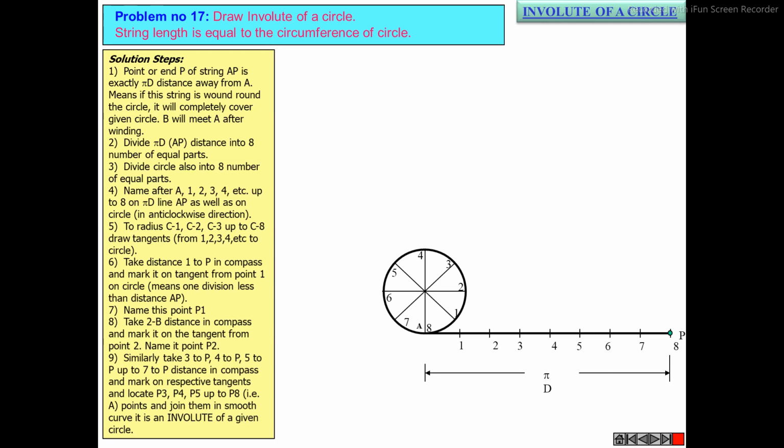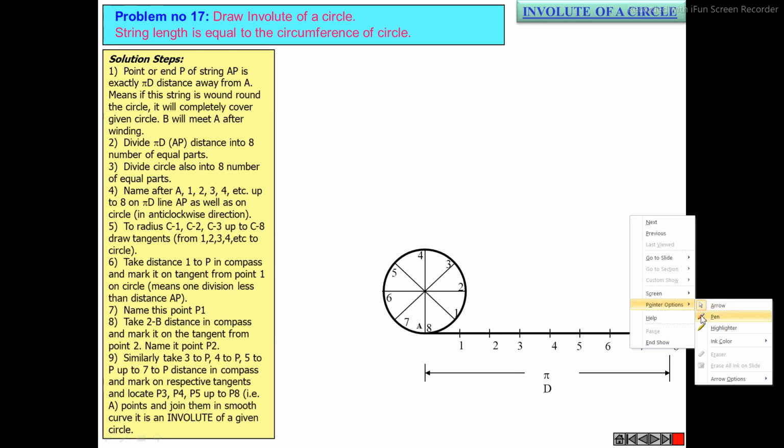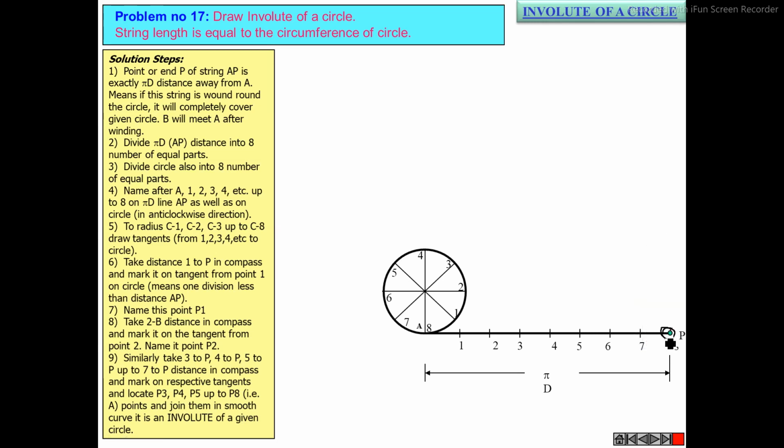Now, what is the definition of involute? You try to wrap and unwrap a certain length of wire from the circle. So far we have got this locus point, and this locus point. We need the remaining locus points. Suppose I consider the remaining locus points, how will you get them?